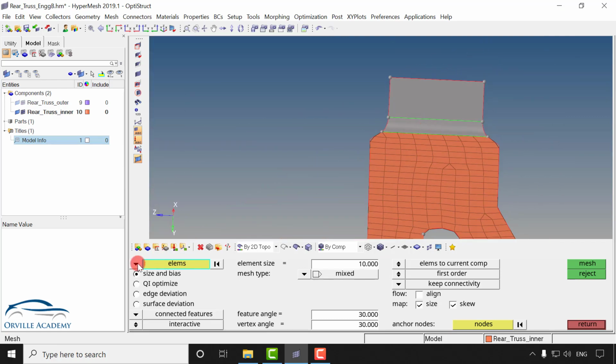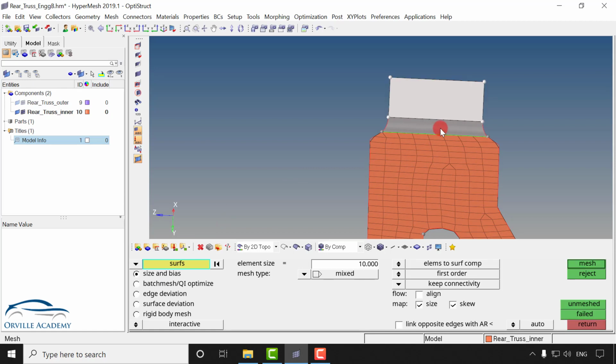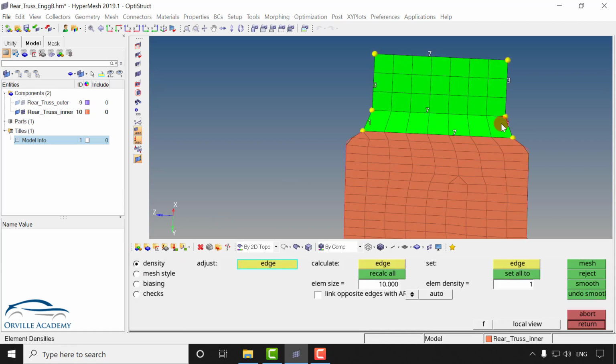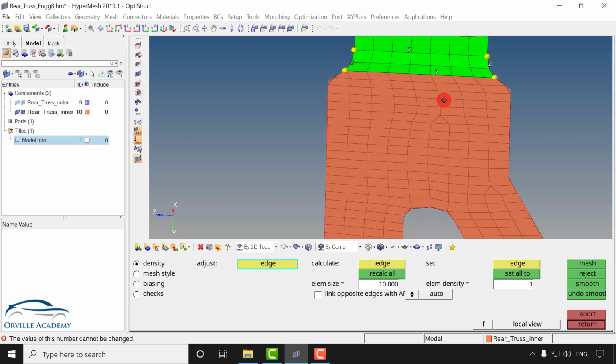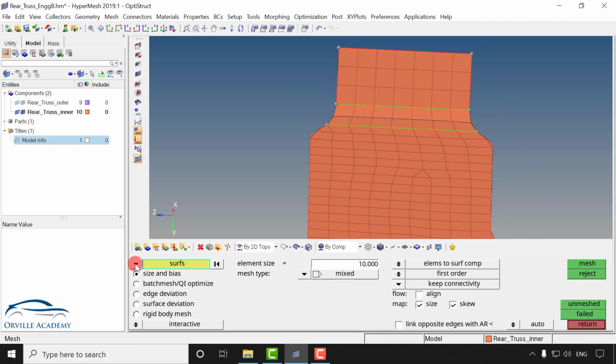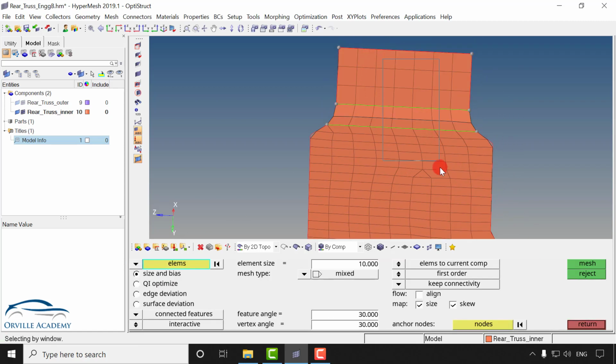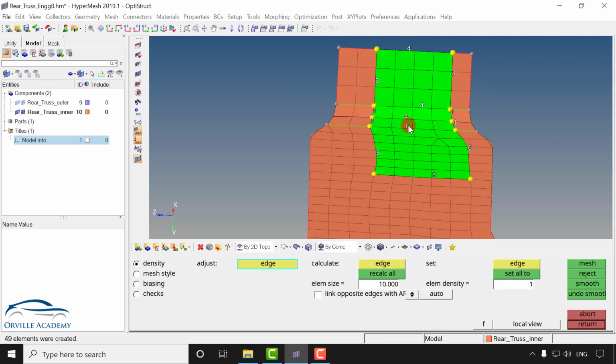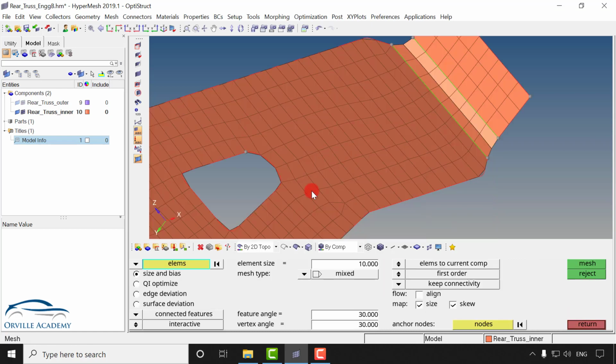So let me go for surfaces, this one, and here I will keep the element count to 2 since I want to capture that fillet as we have done previously. And again I will go for local elements, select those elements so that I can move this triangular element. Here I will put the number to 5, 5, 5. I will keep this triangle over here only because it will become a very fine mesh, which I don't want.